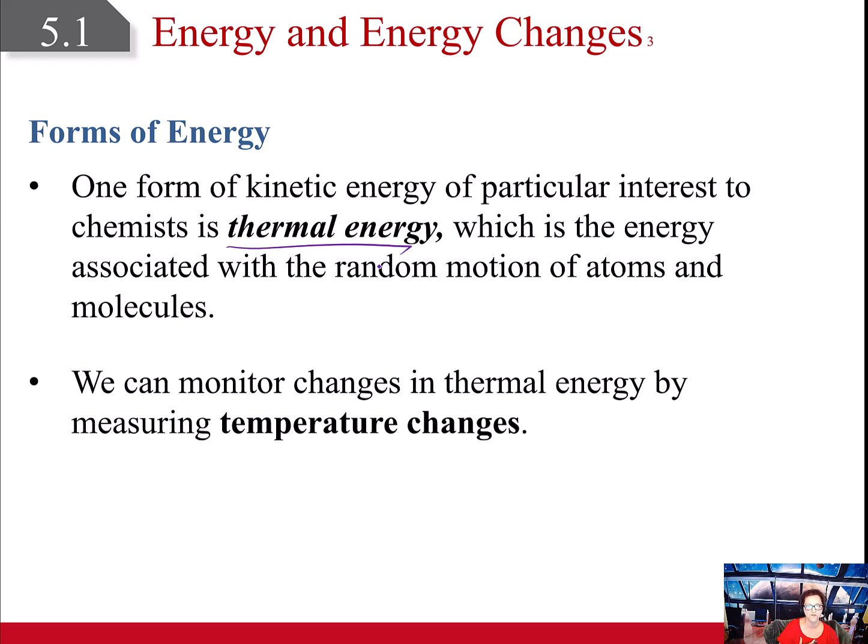Okay, so motion of atoms and molecules. So that's why it's kinetic. We can monitor changes in thermal energy by looking at temperature changes. Okay, it's hard to concretely measure the energy, but we can measure changes in the energy,